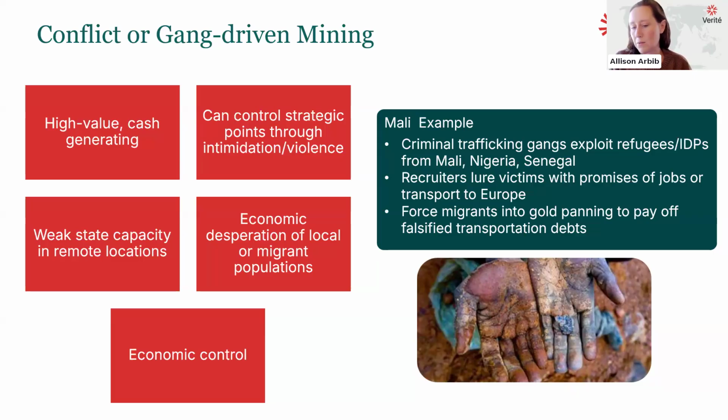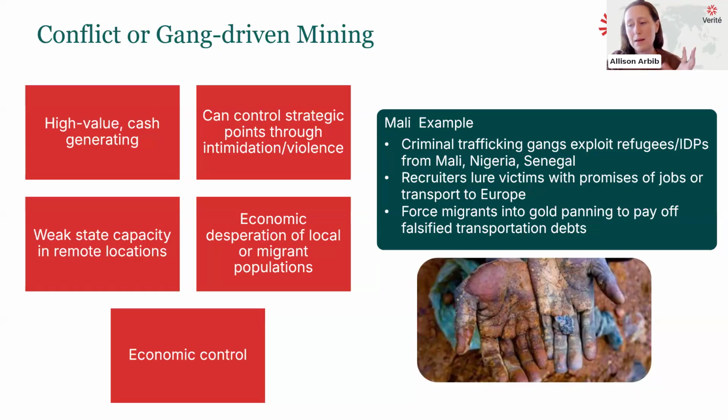So minerals obviously provide revenue streams. They're able to be smuggled. When there's not due diligence and trace, they can be essentially untraceable. In Colombia, for example, gold mining revenue, I think I've seen numbers that it exceeds cocaine revenue for armed groups. So it's a really important source of revenue to fund these groups, to fund conflicts.